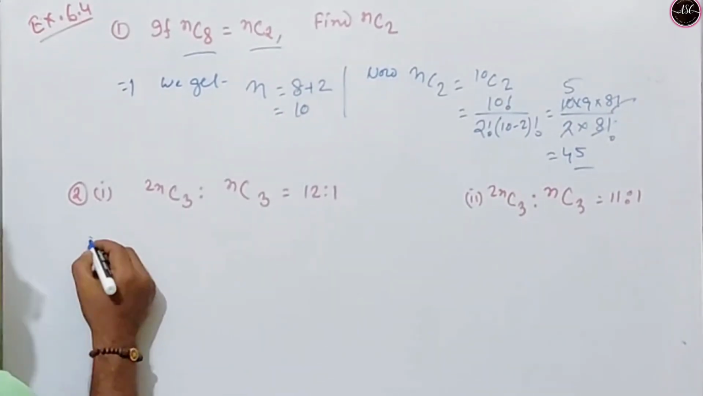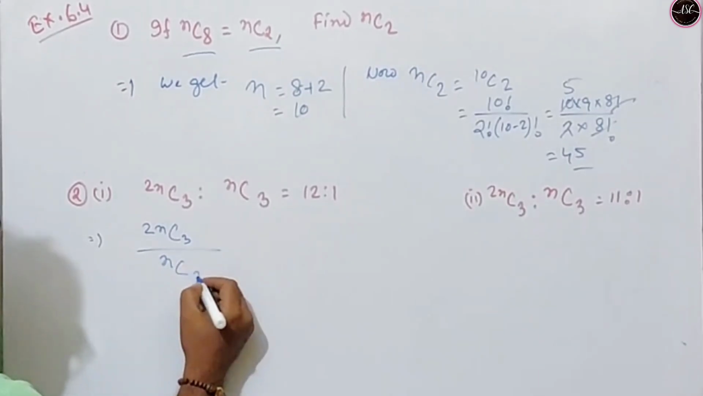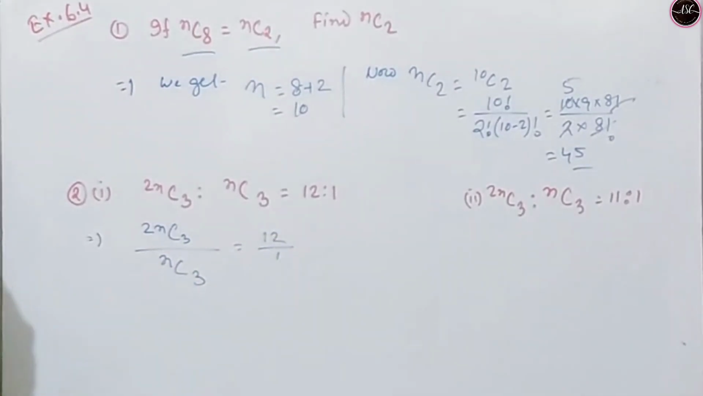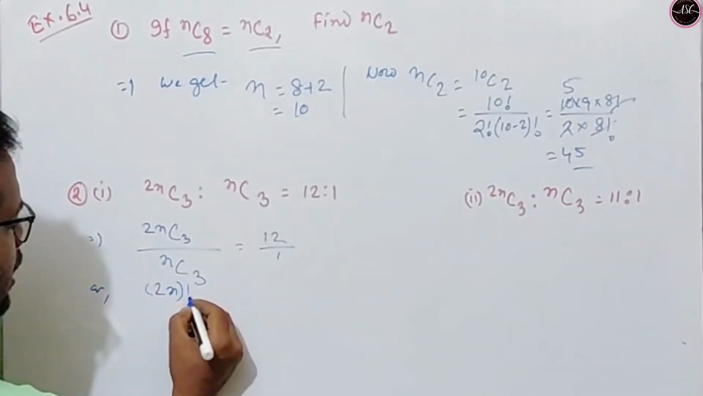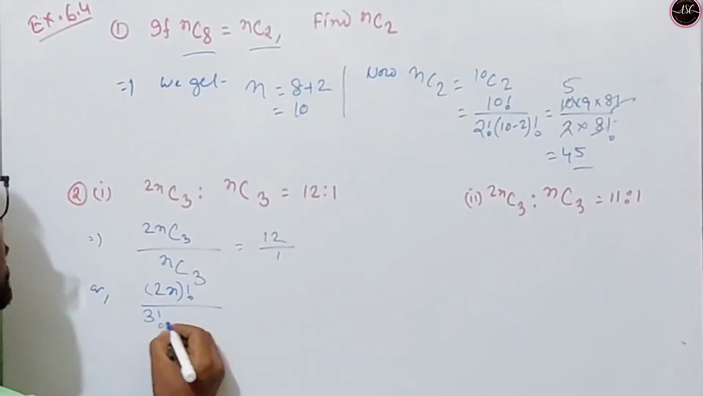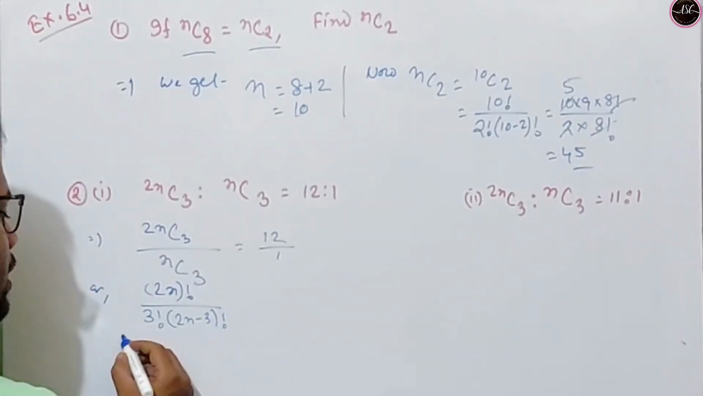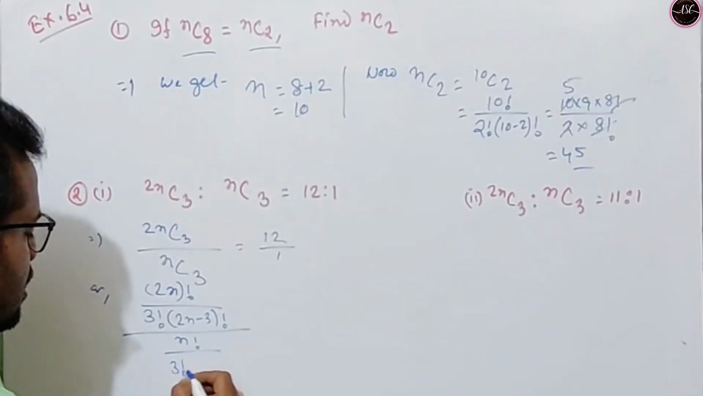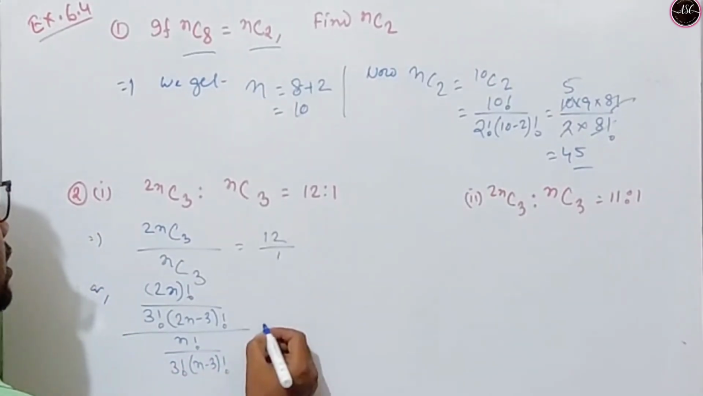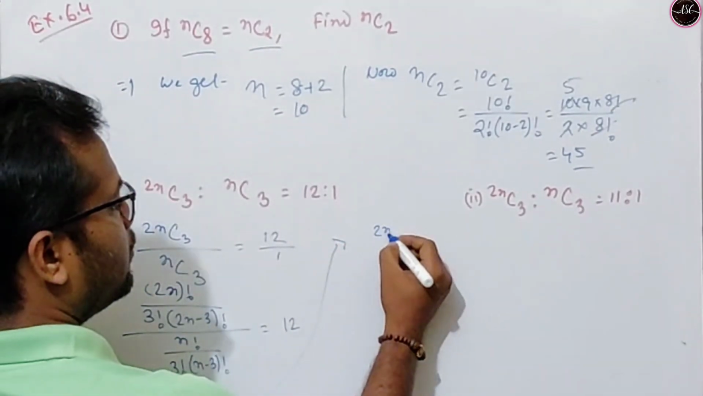Now for these two, we have, this can be written as 2nC3 by nC3 equal to 12 by 1. Okay. Just applying the formula, we have 2n factorial divided by 3 factorial into 2n minus 3 factorial. Okay, and this will be written as n factorial divided by 3 factorial n minus 3 factorial. Okay, here will be 12. Okay, just simplify. I am moving here. 2n factorial